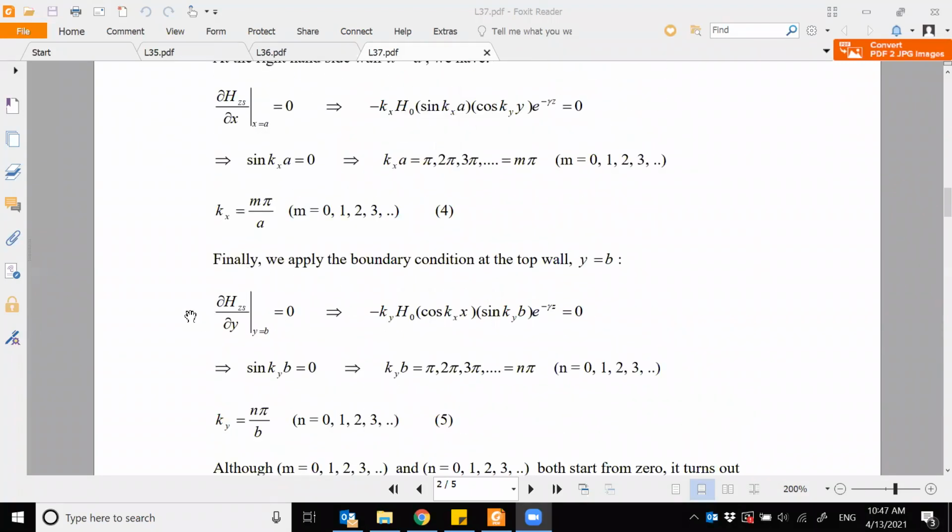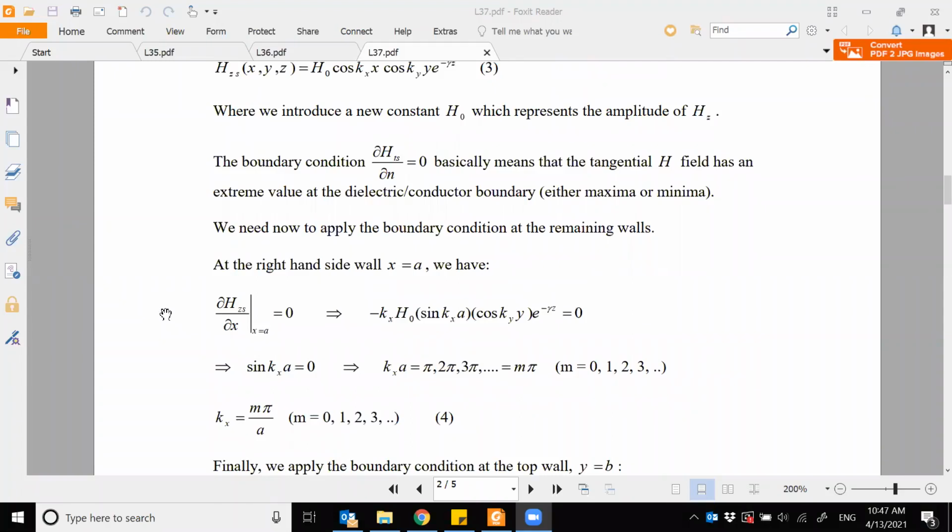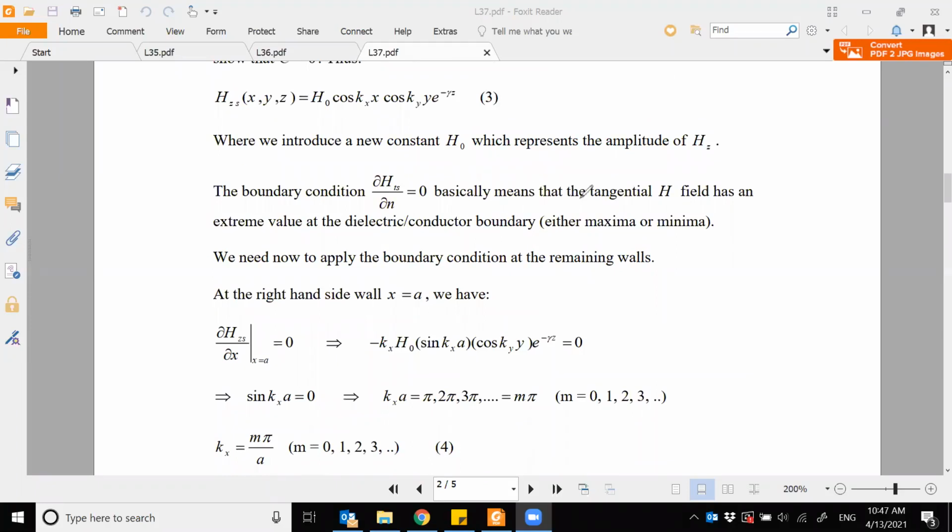So what is happening here, guys? If you see the field, this is my field expression. This is the part of my field component which is a function of x. This is a part of my field component which is a function of y. Now, kx is m pi over a and ky is n pi over b. So what are these two telling us? These two are telling us that my magnetic field component Hz,